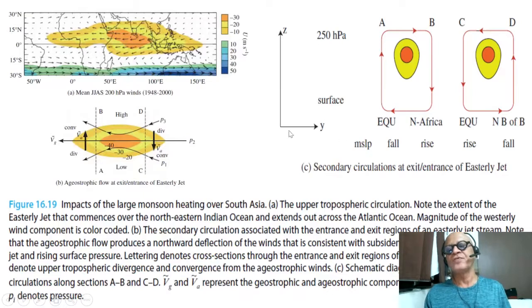Okay, so here is the meridional direction going from the equator to North Africa, and equator to north of B. So we're talking about north of B here. This is the CD section and the AB section. So you have rising motion on this side, subsiding motion on the northward side created by the